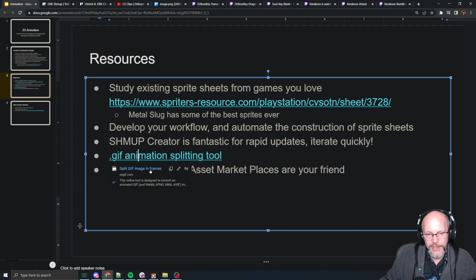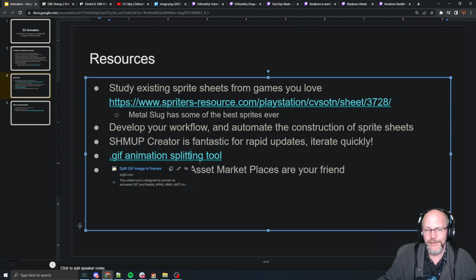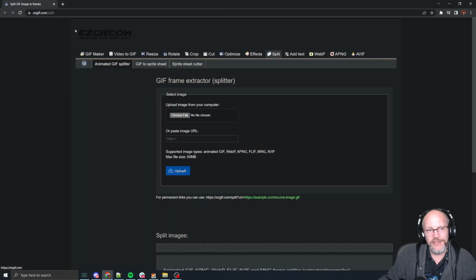One other small thing here is, sometimes you may find that when you buy an asset pack, they only give you GIF animations. Maybe you're buying an effects pack and it's a 2D effect, and it only comes in the form of a GIF. So I'll link this in the description as well. But basically, I found a very, very simple tool online,